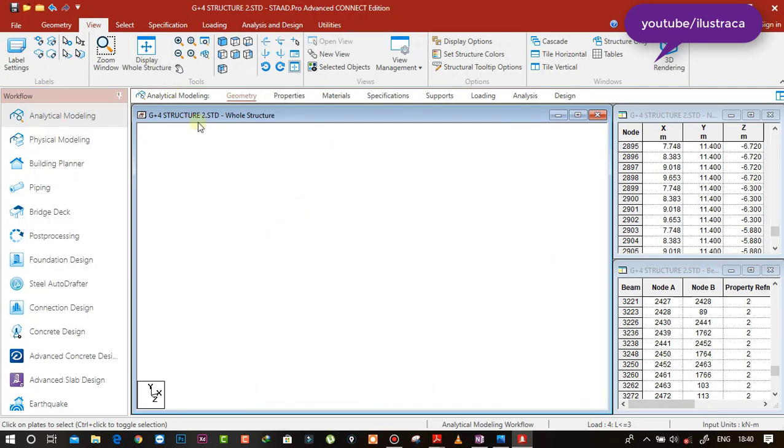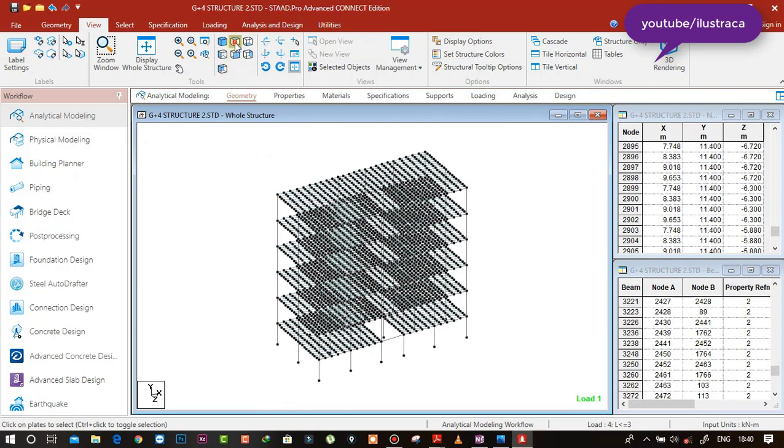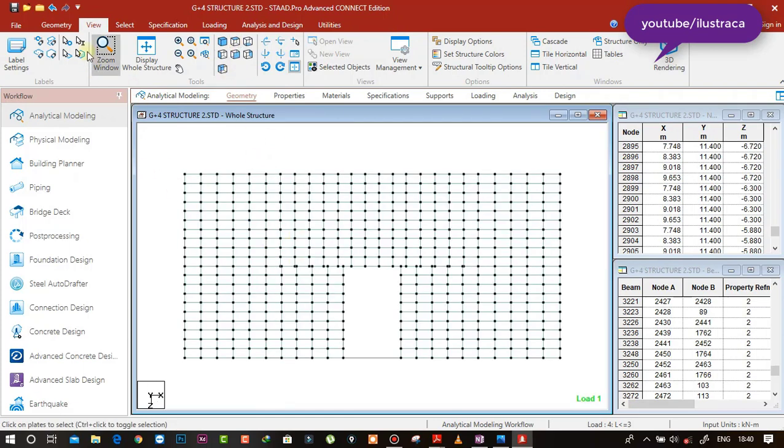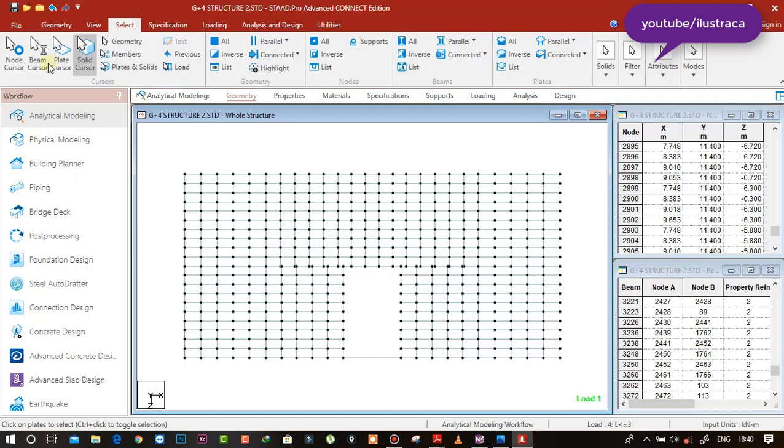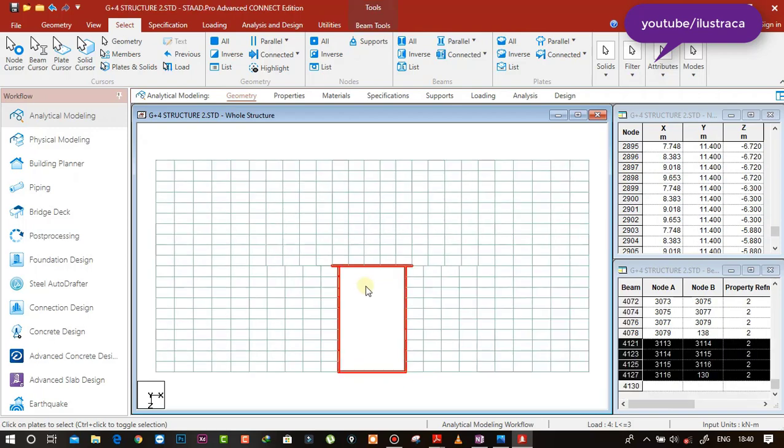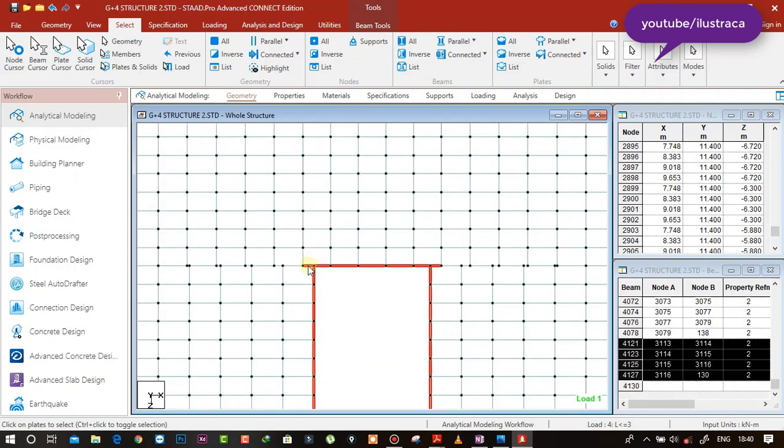So I am going to call the whole structure, go to the top view of the structure and just go to select and beam, and this is our stair part. So I am going to make it a separate part, select it like that, and just don't select these beams, just press Ctrl and remove these beams.